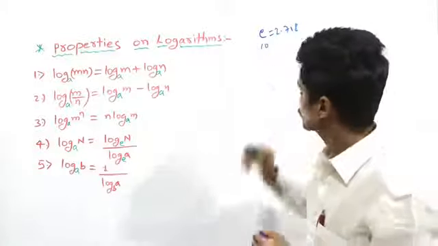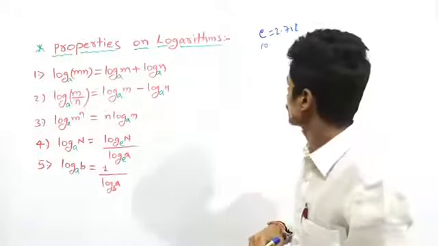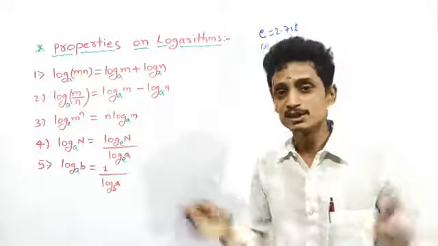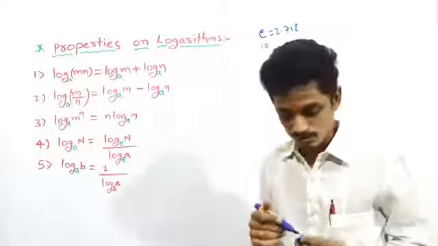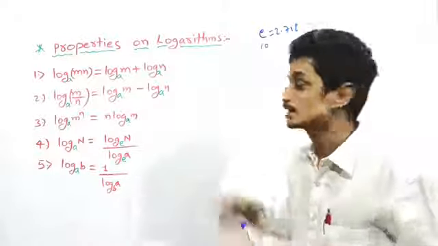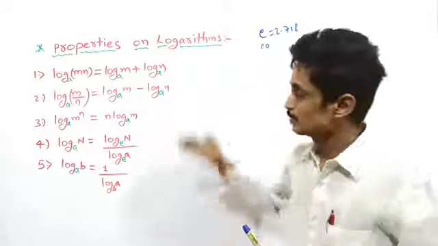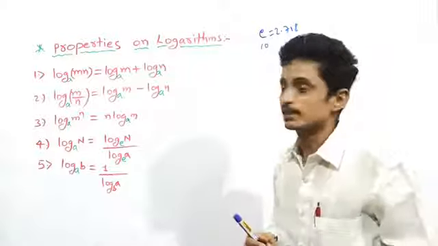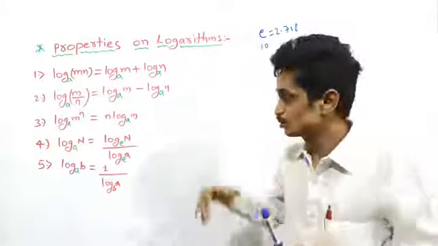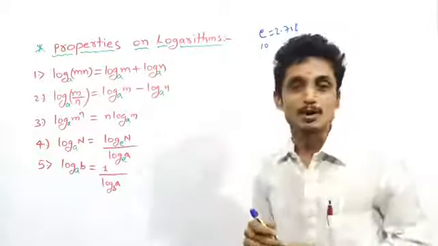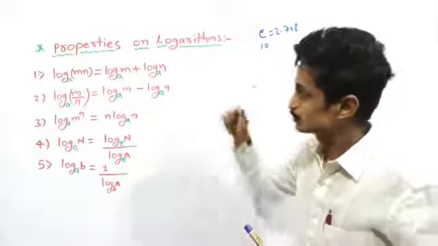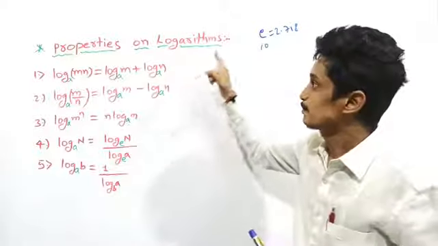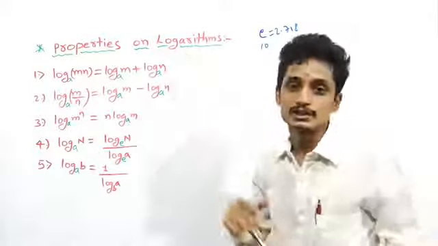Why are they restricting only e as a particular base as well as 10? These things we have to learn in part 2 of the logarithms when the class starts. The history I will give you. For now, just think about this logarithm, how to operate, and how to apply these rules in the problems part. Clear?